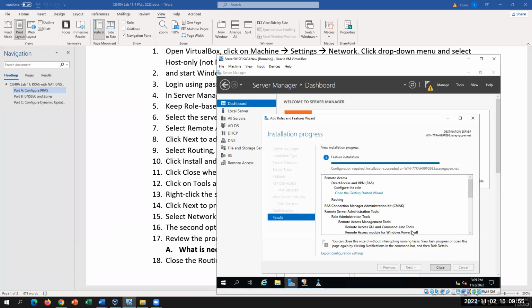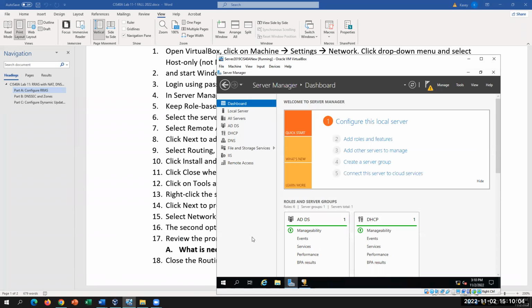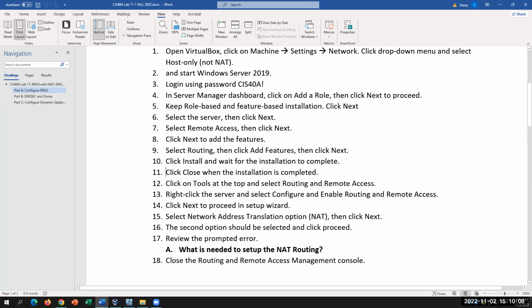Okay. So once it's complete, right? Then I'm gonna go ahead and click close. Let me close my DNS manager there. So I'm here at number 11. Once I finish my installation for my RRAS, then I'm gonna go click on tools at the top, and I should be able to access the routing